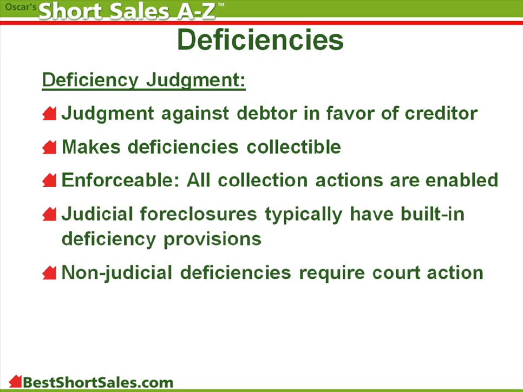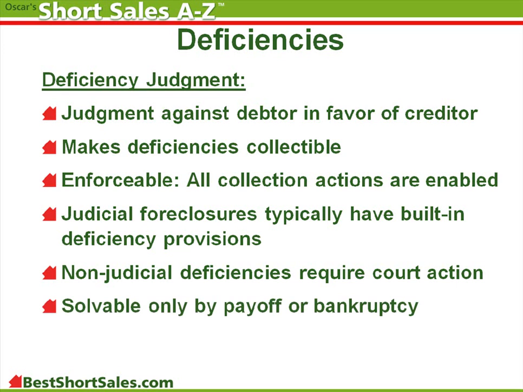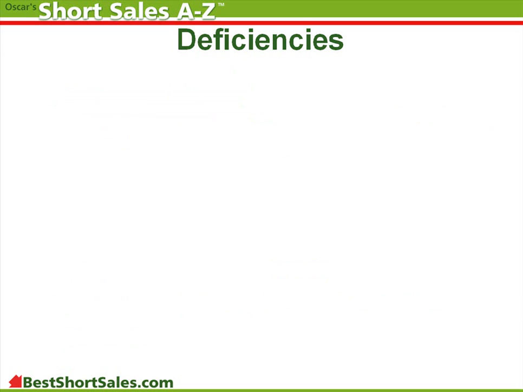Non-judicial foreclosure does not invoke the use of the court. It is not easy for creditors to obtain deficiency judgments after foreclosing non-judicially. The only solutions to a deficiency judgment are debt payoff or bankruptcy. Most states have anti-deficiency laws for purchase money debt. California is one of them. Since court action is very expensive, this type of litigation tends to occur mostly with high dollar value debt, such as commercial and construction loans. This brings up the subject of non-recourse loans.